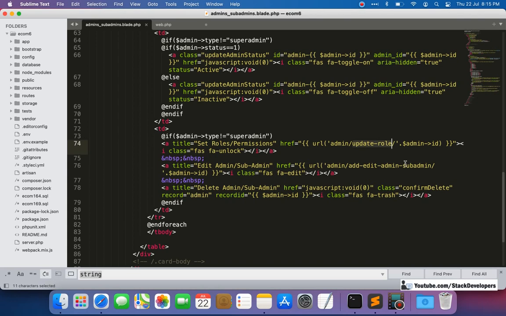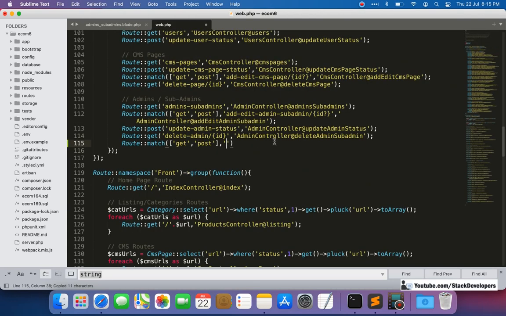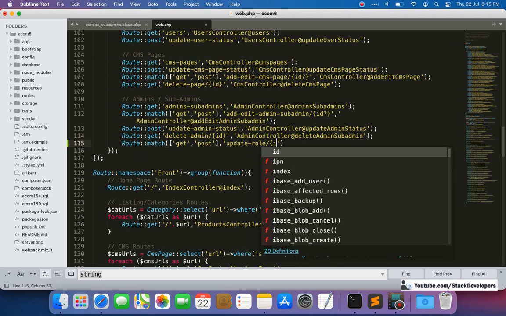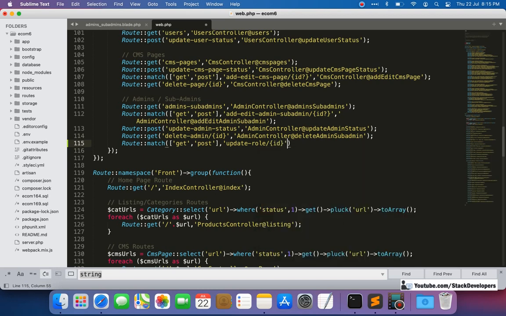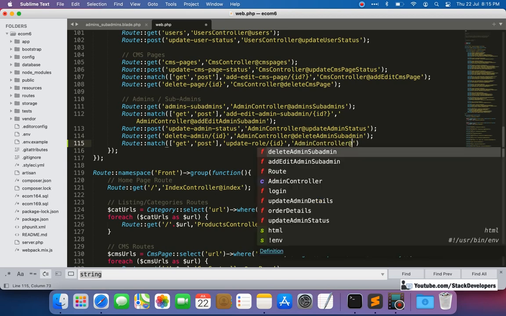Okay, so this is the route. After that, id will come. Okay, update role, and after that id, we need to pass the admin id for which you want to update the role, and finally admin controller, where we want to create the function, and